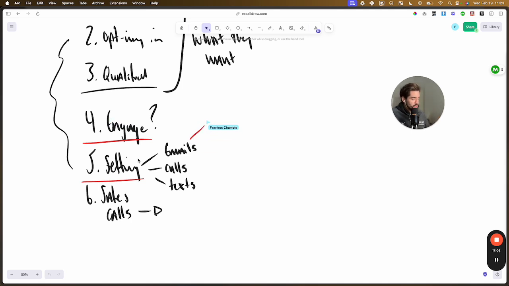And from the emails, is it getting clicked? Is it getting opened? If it's not getting opened at a high frequency, say 40%, or getting clicked at, say, 5%, then it's probably because it's not congruent. Okay, calls. Are people picking up? Do they know the company? Do they know what you guys do? Do they want the thing that you do? Are they qualified to buy the thing that you have? Right? So that's another thing.